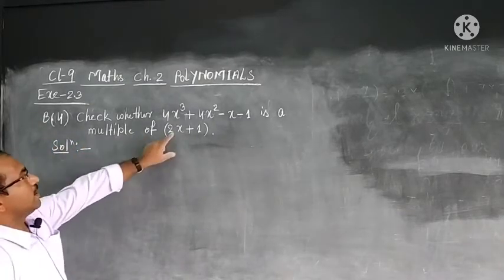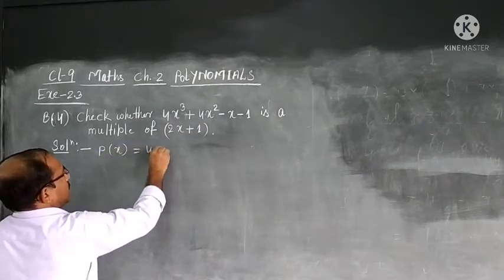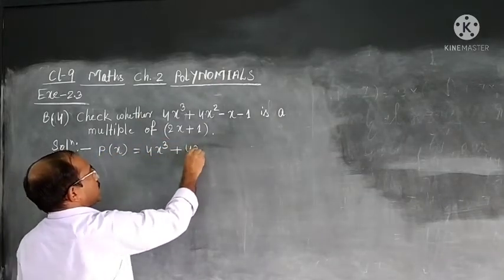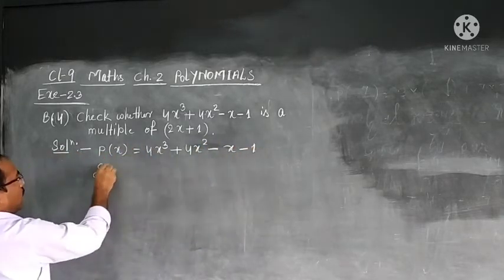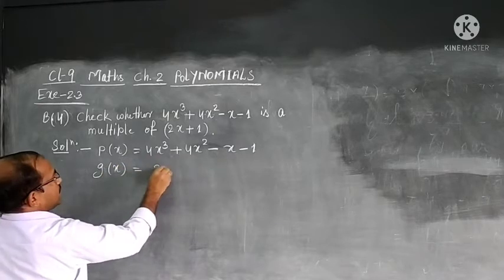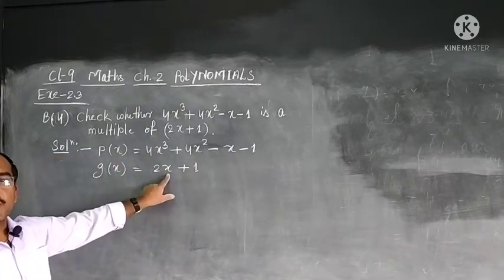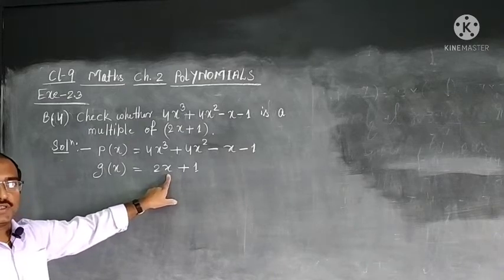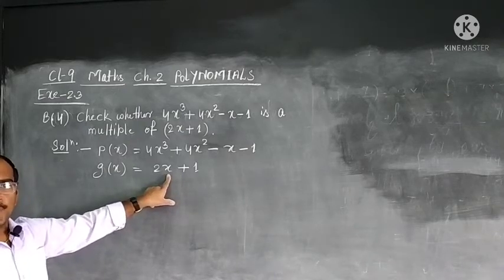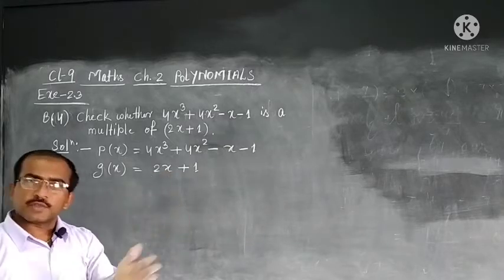We will look at this polynomial. What is given? Dividend 4x cube plus 4x square minus x minus 1. And then when we look at this divisor, again we see the same condition. The variable has a coefficient other than 1. Other than 1 means anything. So, we have to remove that one. How will we remove it? By dividing by the same term.